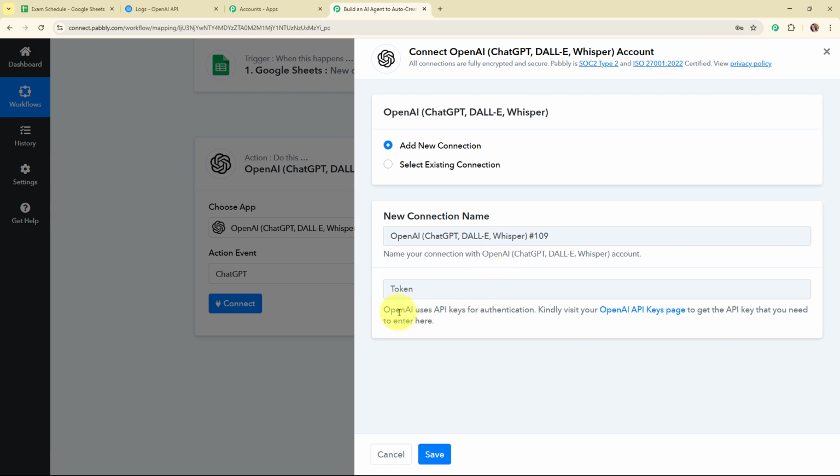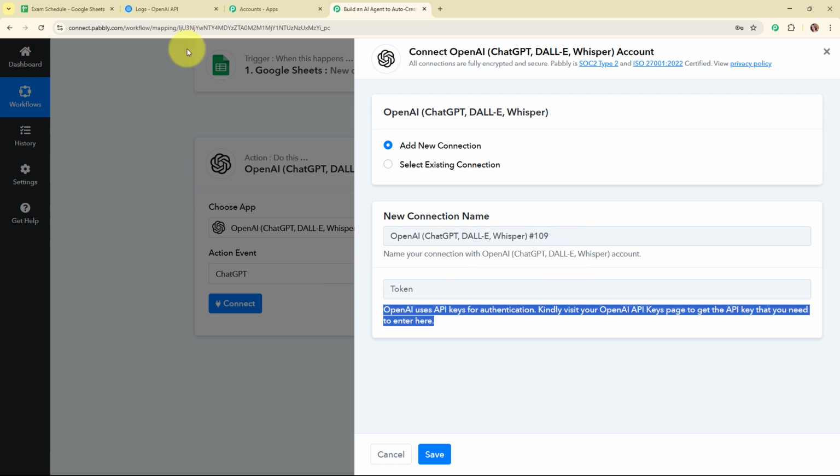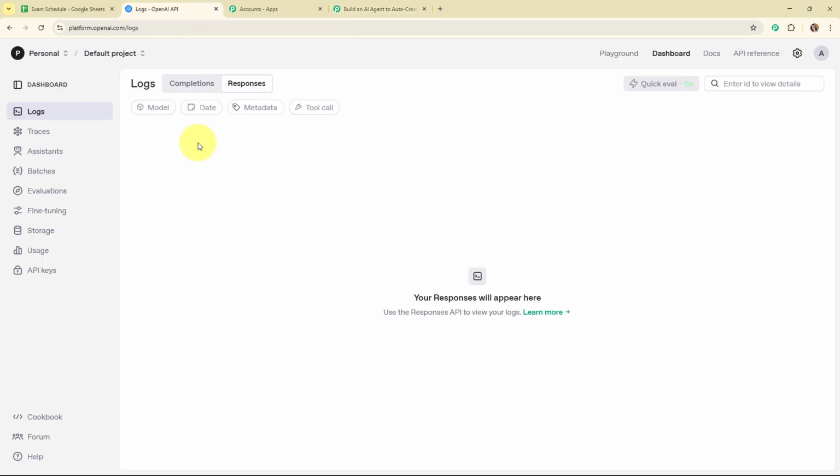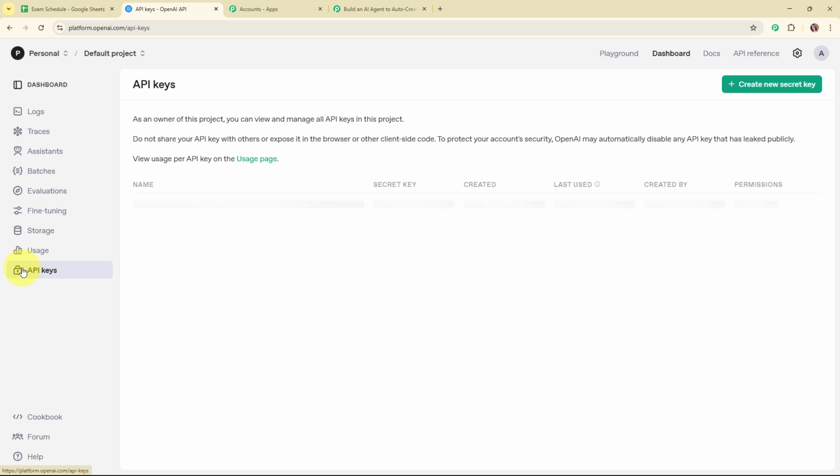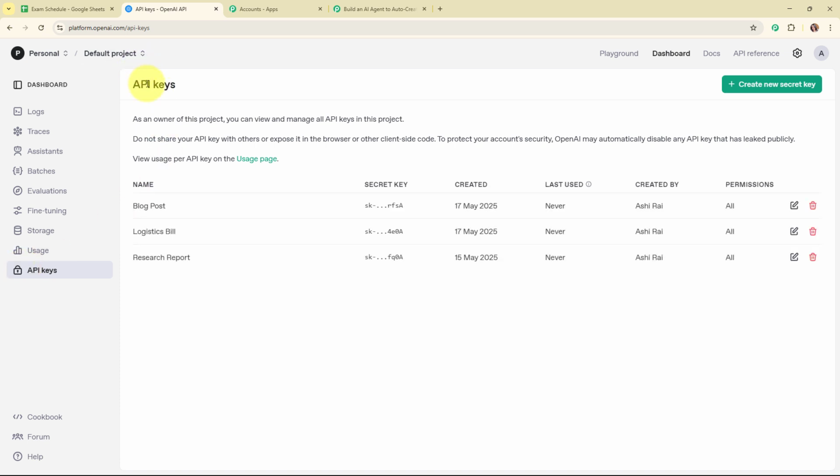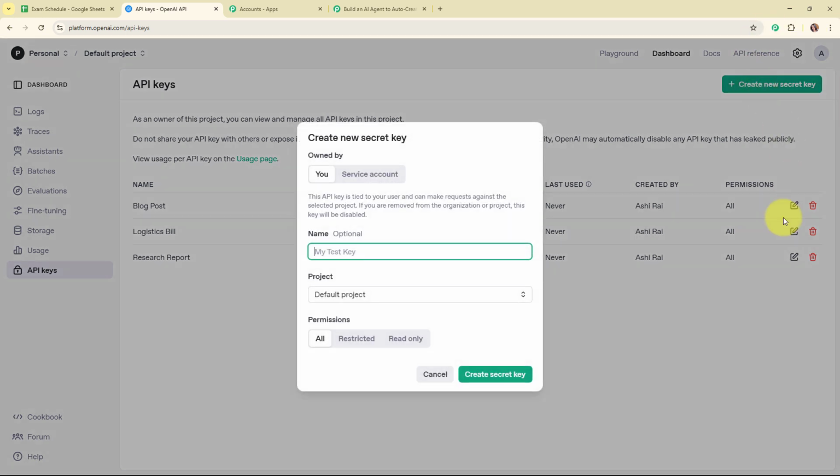Following the instructions given below, I've already logged in to my OpenAI account, and from here I'm going to access the API keys given in the left sidebar. Here in the API keys you can see some existing keys. So I'm going to create a new secret key by clicking on the create new secret key button, and then here I'm going to give a